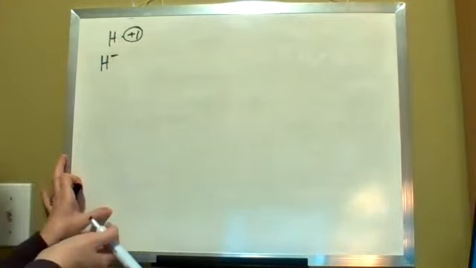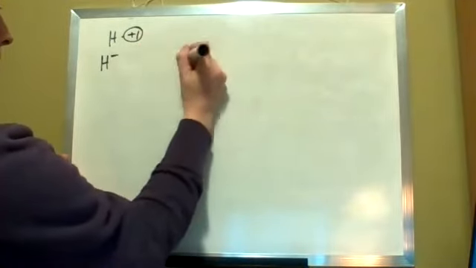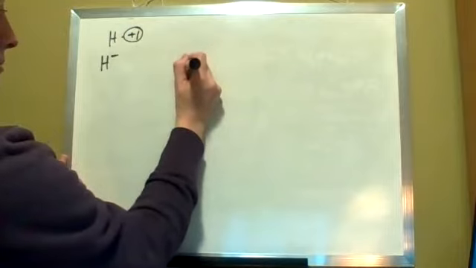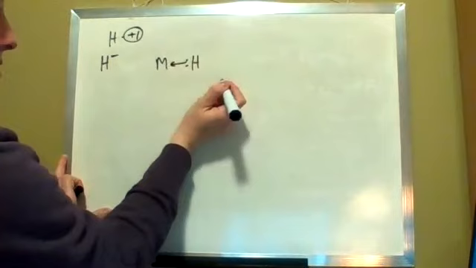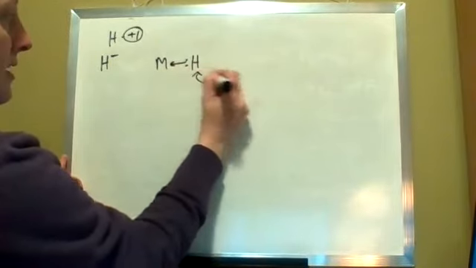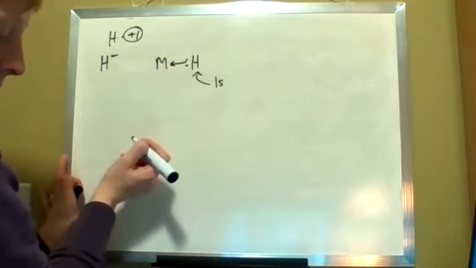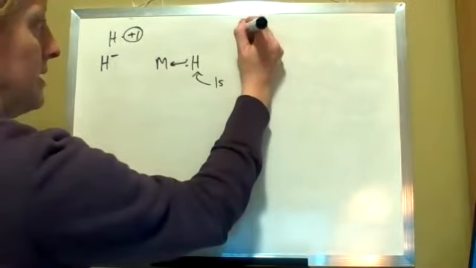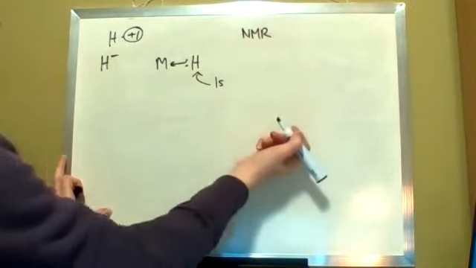Okay. So the way that you create these bonds: your hydride, which has a lone pair of electrons on it, is donating to the metal. These are all found in the 1s orbital of hydrogen. That's what it is. Some details on this, if you're to do an NMR, where does this hydrogen show up